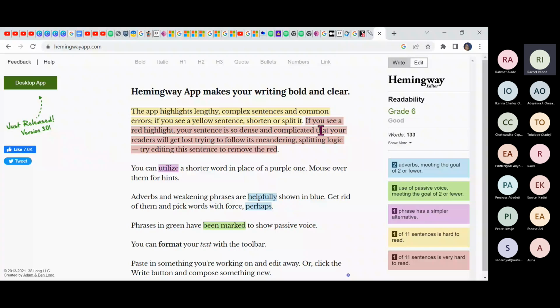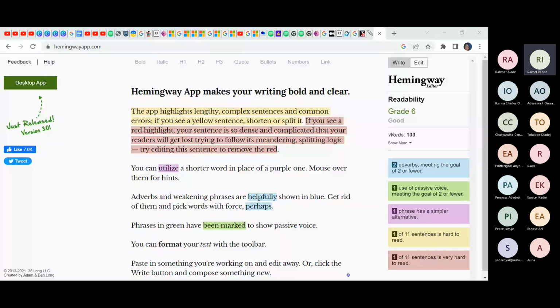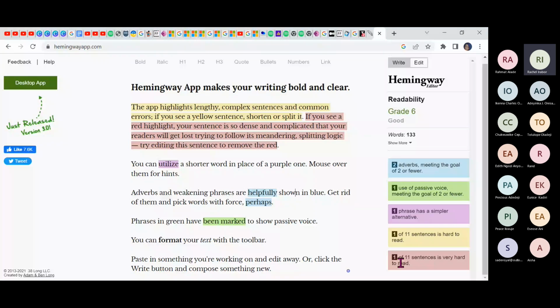But basically, if you can see now, these corrections help you with maybe some synonyms that you used, where there's a better word that means the same thing. It will show you that this word you should change. Maybe if you can see this place now, we have this, one of 11 sentences is very hard to read.